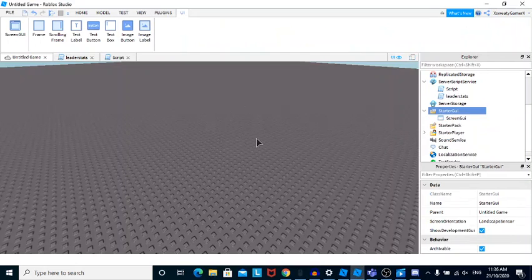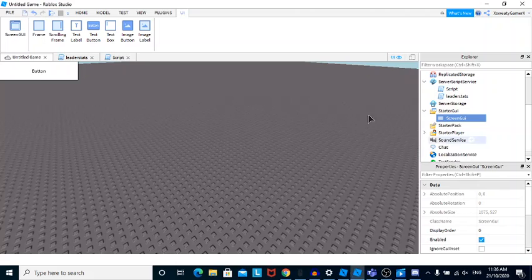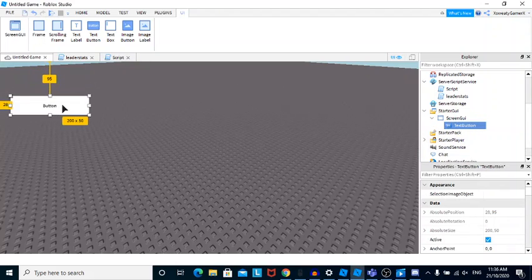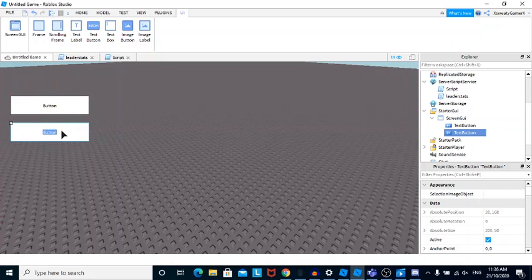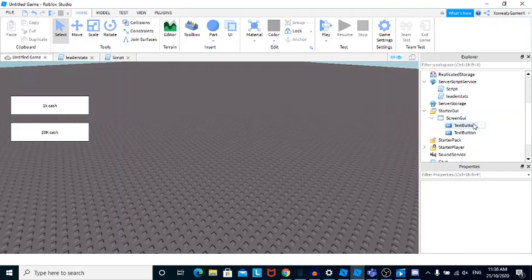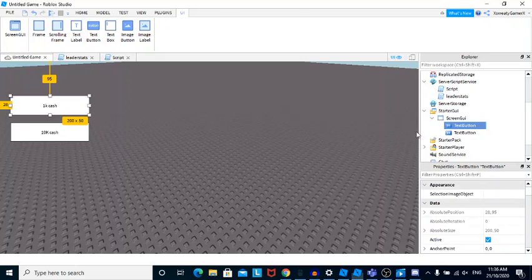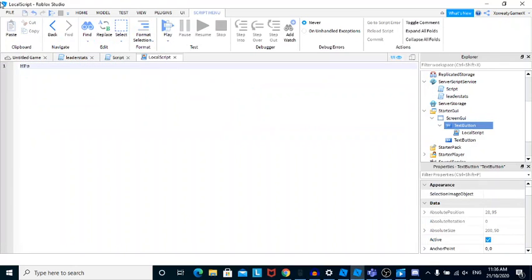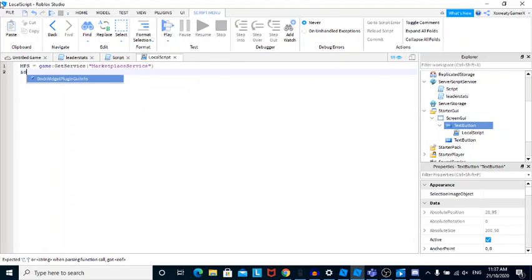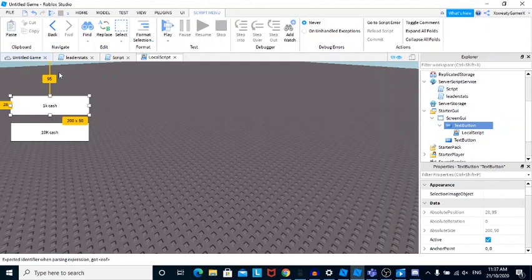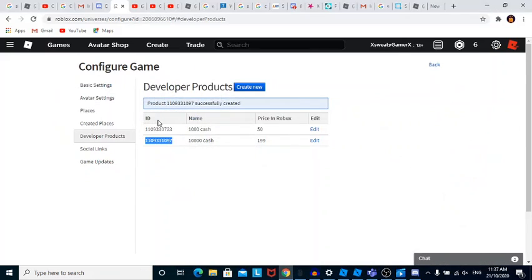So then we're just going to insert a StarterGui. We're going to insert a TextButton. I'm going to duplicate it: 10k cash and 1k cash. Then in here we're going to insert a local script and go MPS equals game:GetService("MarketplaceService"). And we're going to go ID equals, so then just whatever one we're doing. So this one's the 1k cash. Going to go back here, copy that, put it into here,